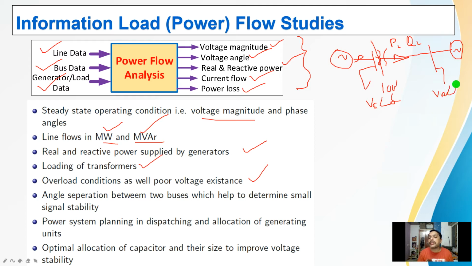Means this angle separation, that is the delta angle, is nothing but the difference between these two. This delta angle information you will get. Then